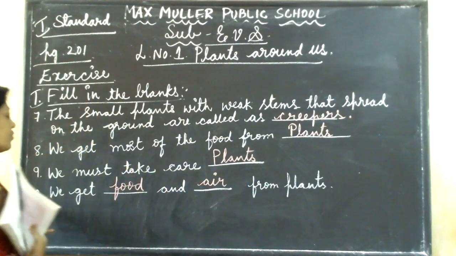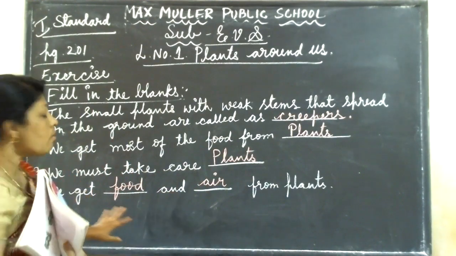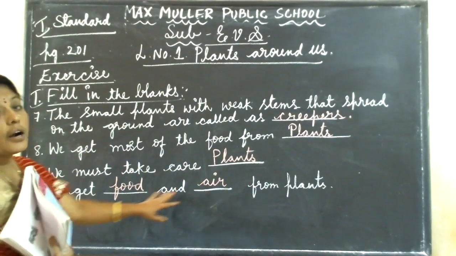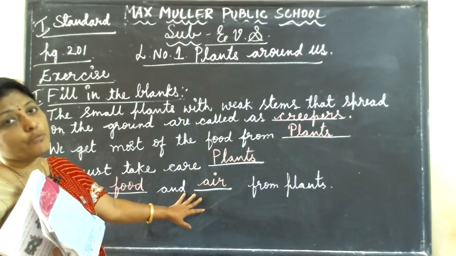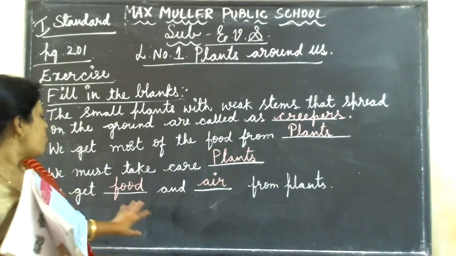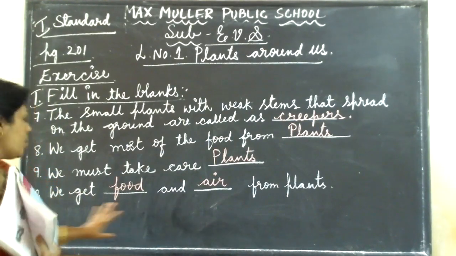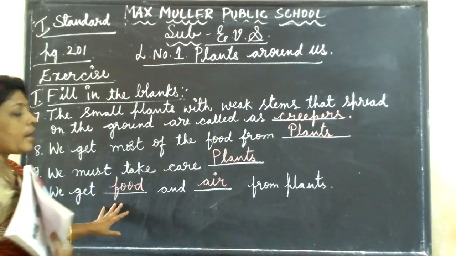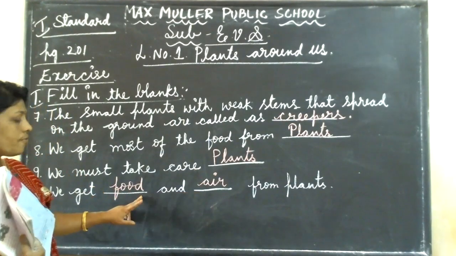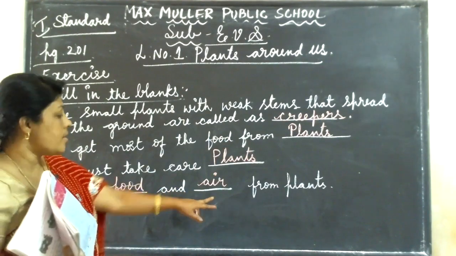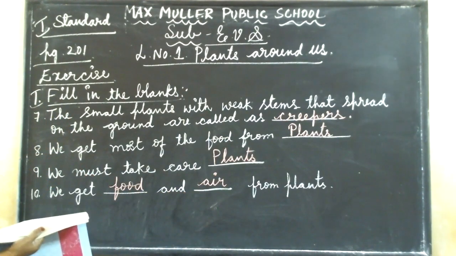So then we get dash and dash from plants. We get food and air. Plants are giving oxygen to us to breathe, isn't it? Along with that they also give food, okay? So what do we get from plants? We get food and air. F-O-O-D, food, and air, A-I-R, air. So this is the first main. Then come to the